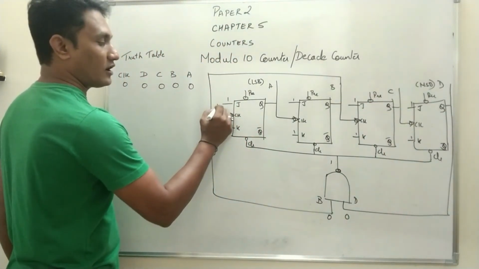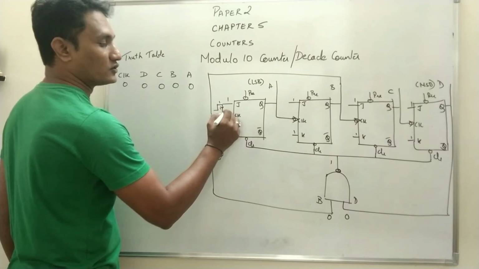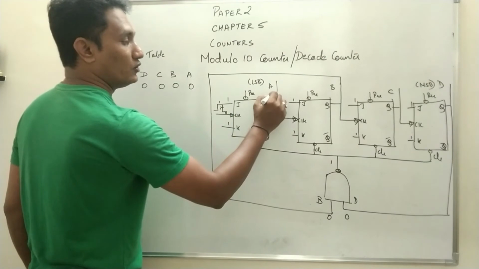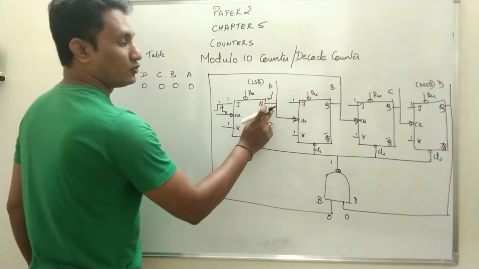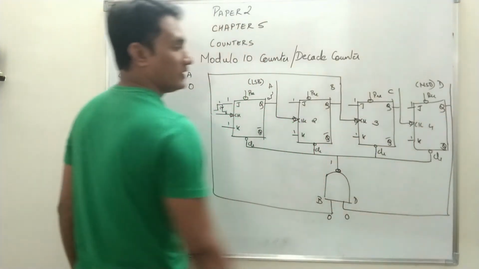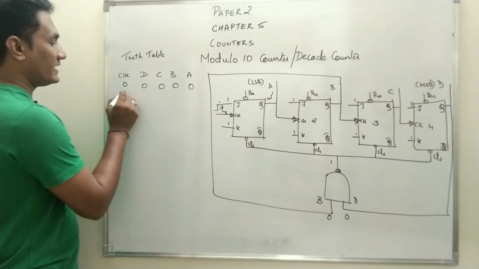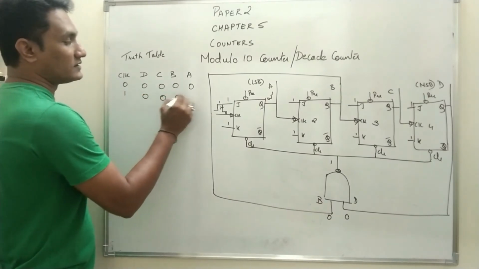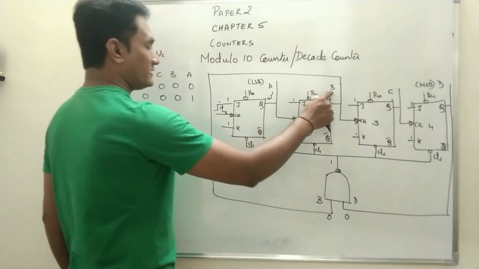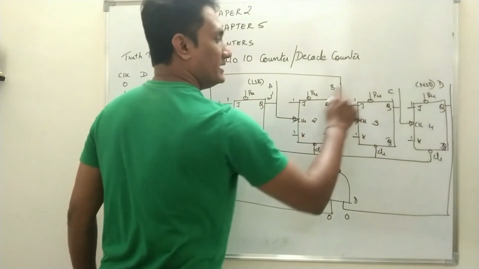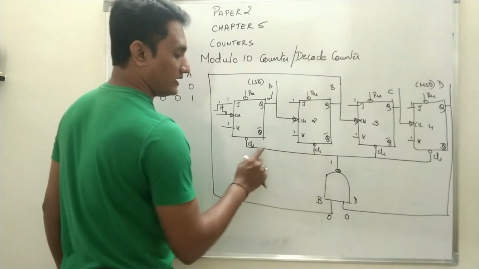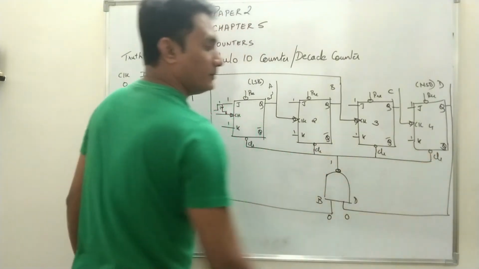So when the first clock pulse arrives, when it goes from 1 to 0, the first flip-flop will toggle from 0 to 1. As it is going from 0 to 1, it has no effect on flip-flop 2. So flip-flops 2, 3, 4 will not change. So at the end of the first clock pulse, the state is 0, 0, 0, 1. Now again check the condition of B and D. B and D still are 0. So both the inputs of the NAND gate are 0. Therefore the output is 1. If the output is 1, the clear terminal will be deactivated.